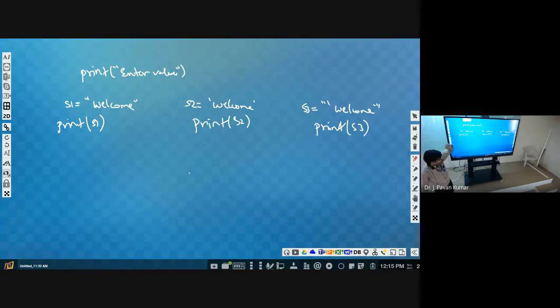Now consider I wanted to print like this. In the output I wanted to get single quotes.